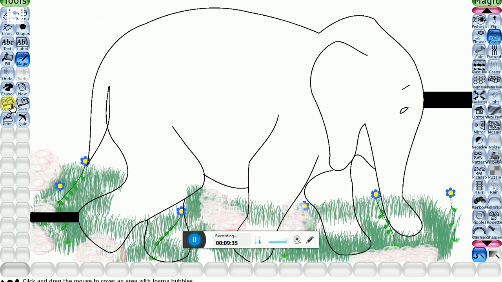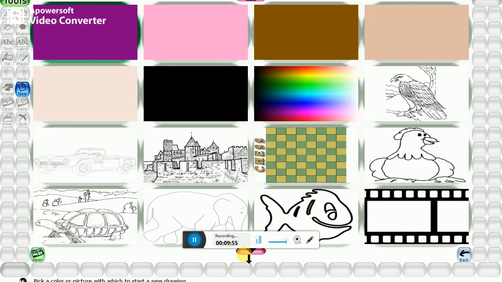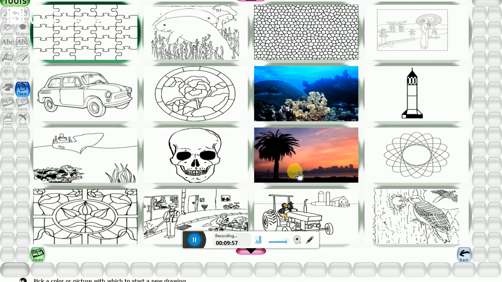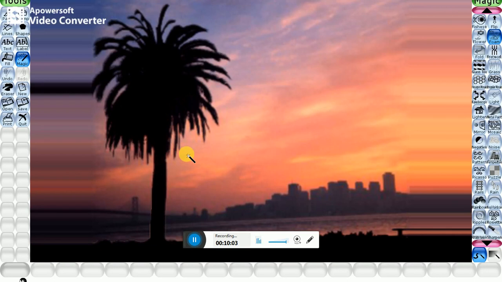Now next one, real rainbow effect. Take the following steps to use the real rainbow effect. This effect helps you to draw a beautiful rainbow which you sometimes see in the sky after rain. Step 1. Open a new file with sky blue background. Step 2. Select magic tool from the toolbox and pick the real rainbow magical effect.